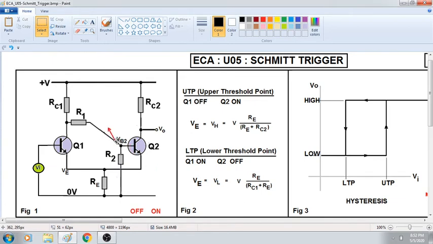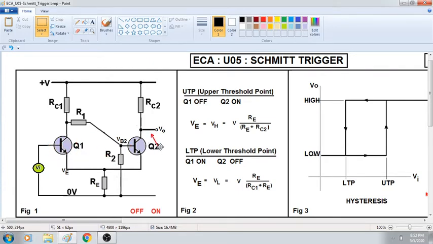Now in a bistable multivibrator we have two switches Q1 and Q2, and the collector of Q1 is connected to the base of Q2 through a resistor, and you will have another resistor connected from base to ground. The purpose we will see later. And from the collector of Q2, through a resistor, we will again connect to the base of Q1.